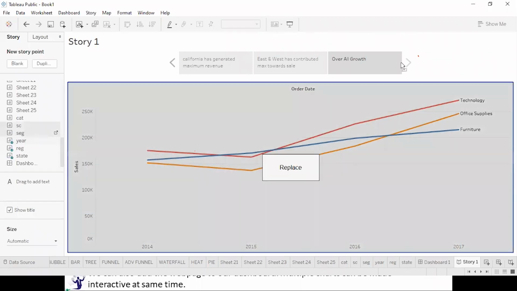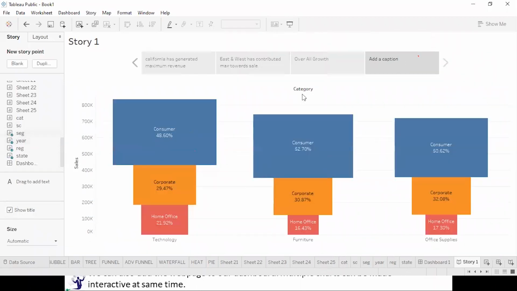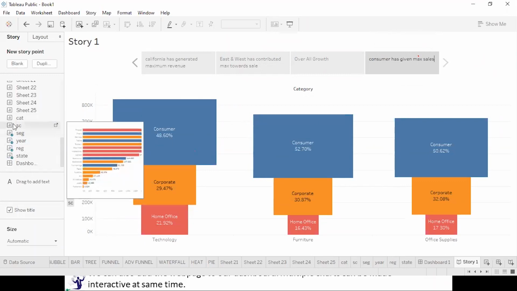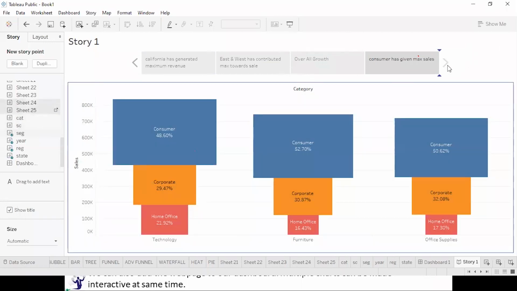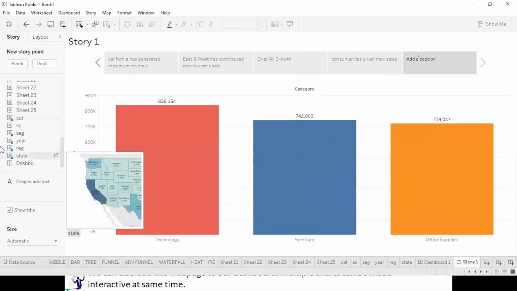Let us take segment over here. Consumer has given max sales. Then let's take category. You can write anything about it.